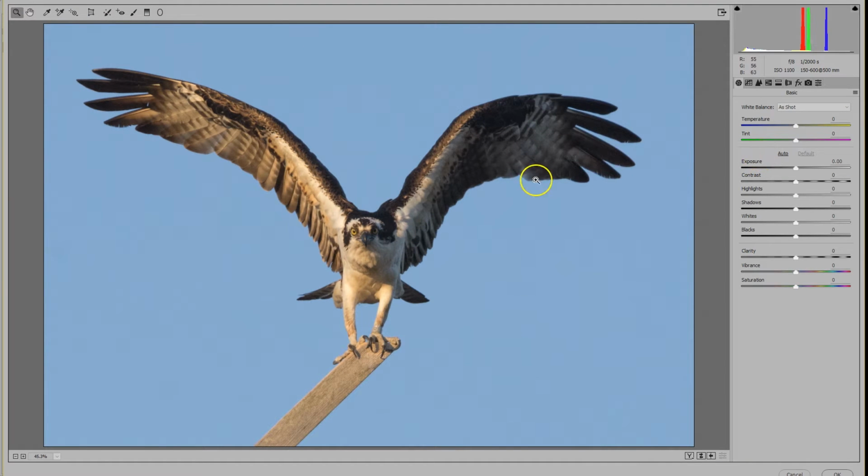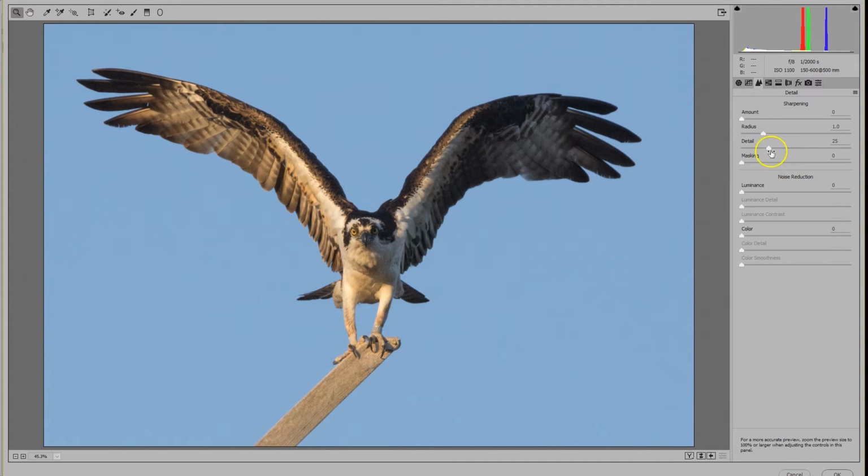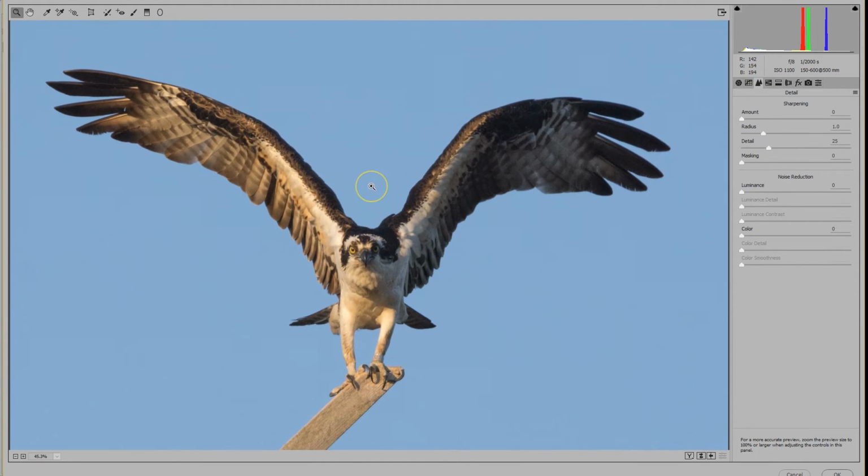Now, you might recognize this. This layout is basically the same thing as in Lightroom, but it's just the Camera Raw filter. To get to the noise reduction, you want to go to these two triangles up here in the top right. That is your detail panel. And I like to zoom in to 100%